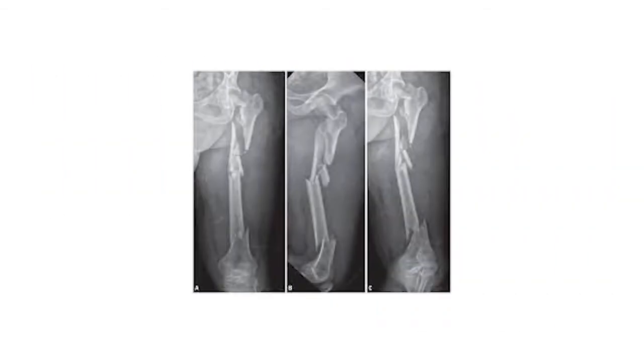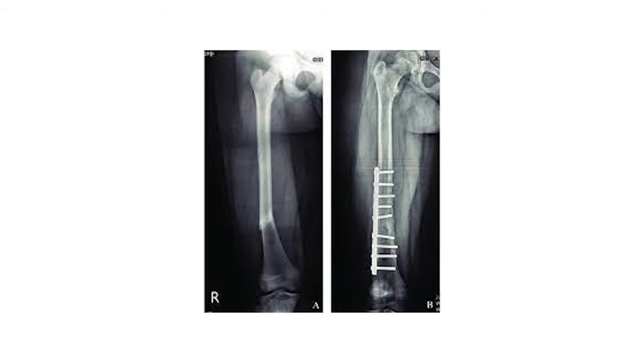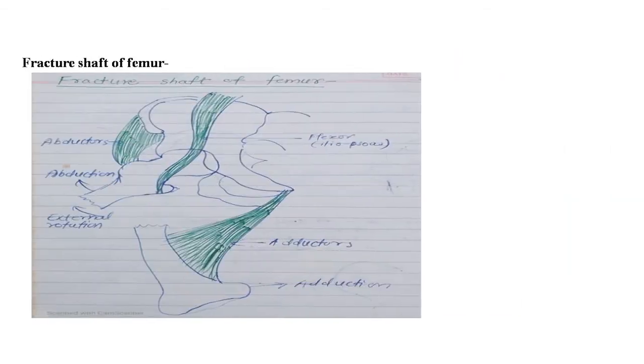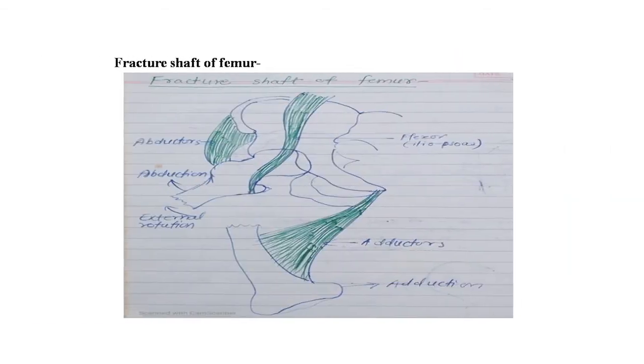Dear students, here is the image on your screen. Here are the multiple fractures of the shaft of the femur. Second image showing the internal fixation, nailing and plating for the fracture of the shaft of the femur. Now this image showing the fracture shaft of femur is clearly seen. A greenish shaded line showing the abductors, adductors, external rotators, and here is another image showing the fracture shaft of